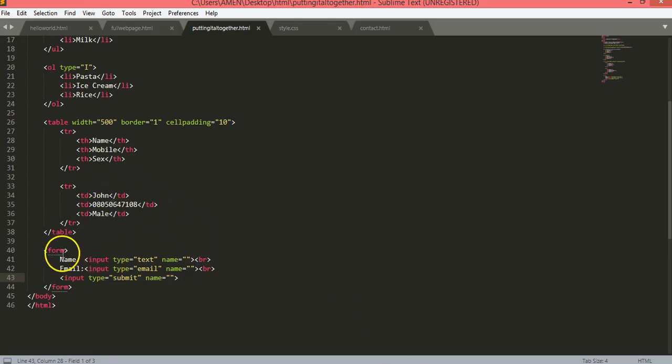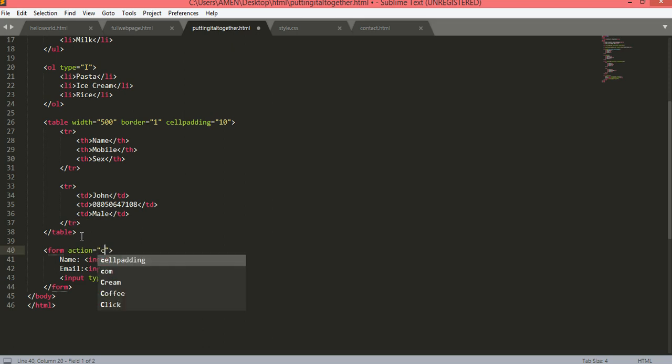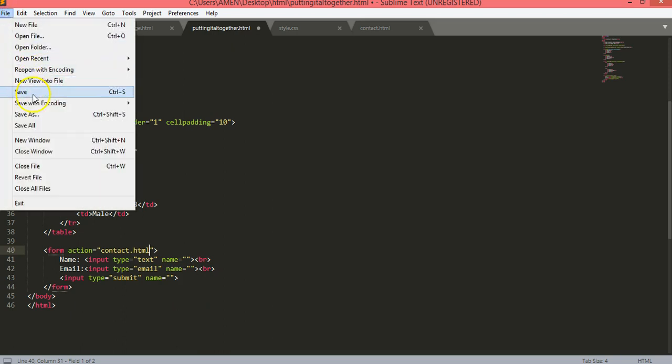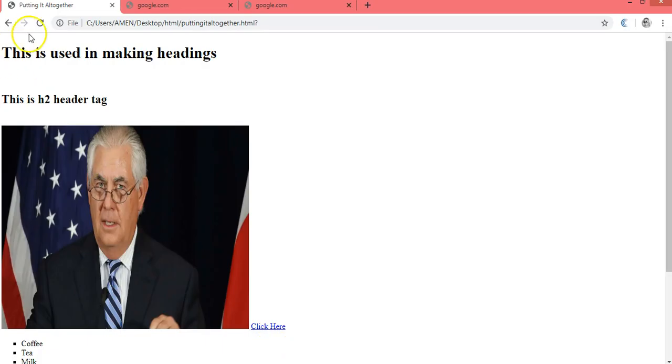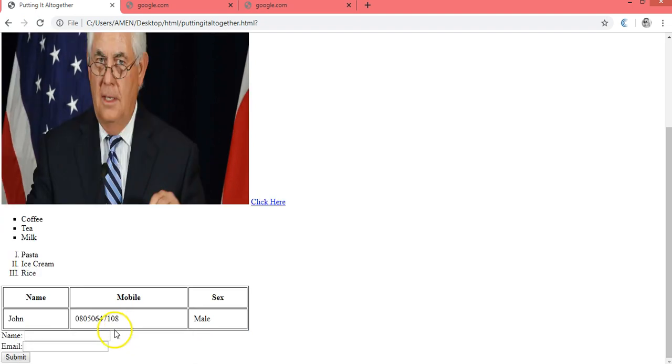So in order for the form to be submitted to me, inside this form tag there's an attribute called action. With this action I'll specify where it's going to be submitted. Let's say it should be submitted to one of my pages, contacts.html. So when I save this now and refresh, when someone tries to fill this form,